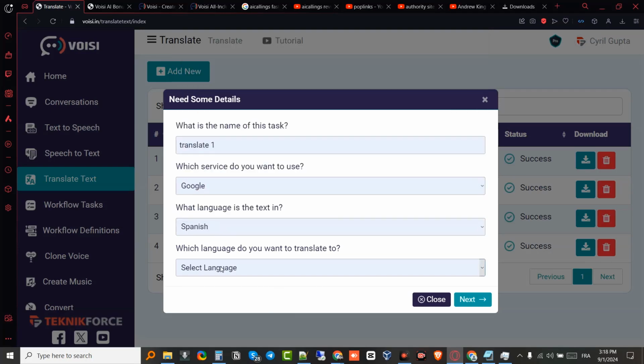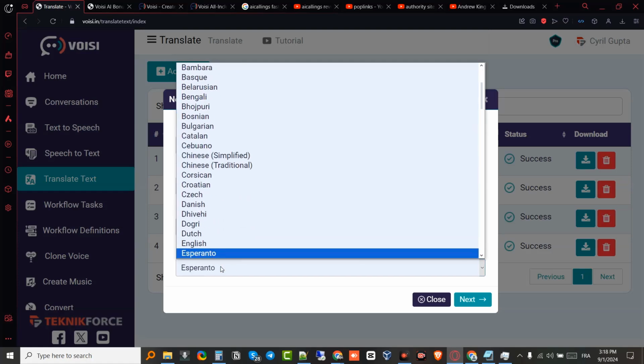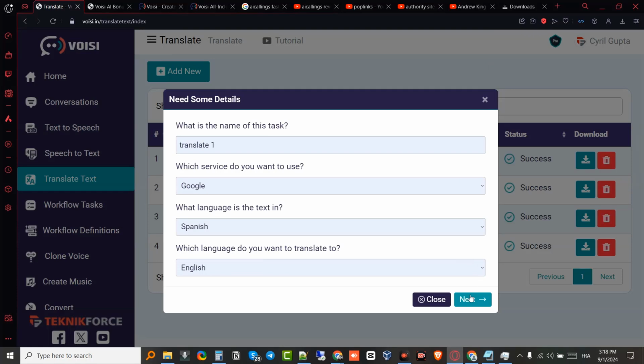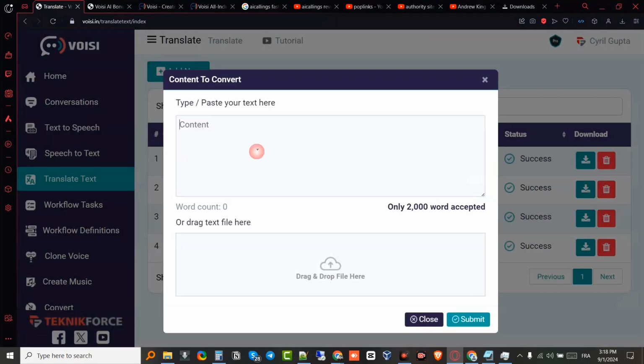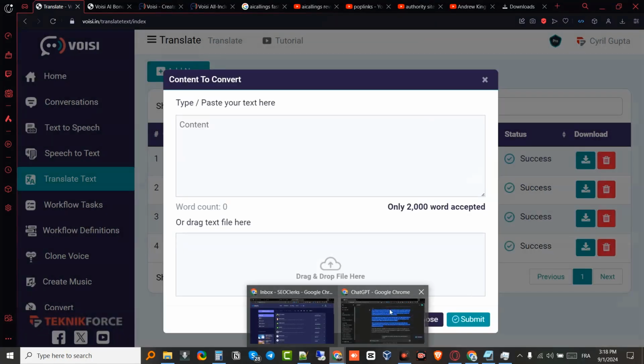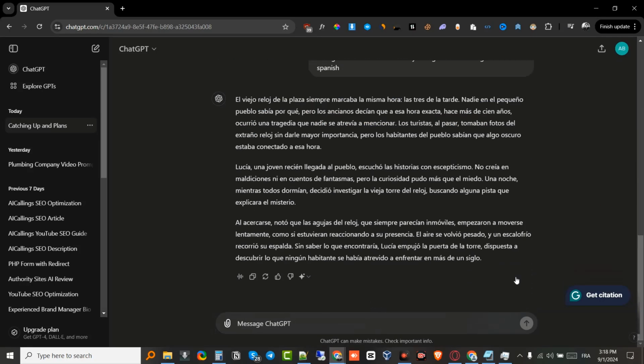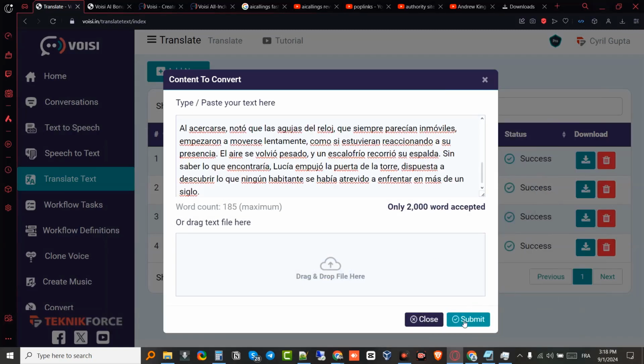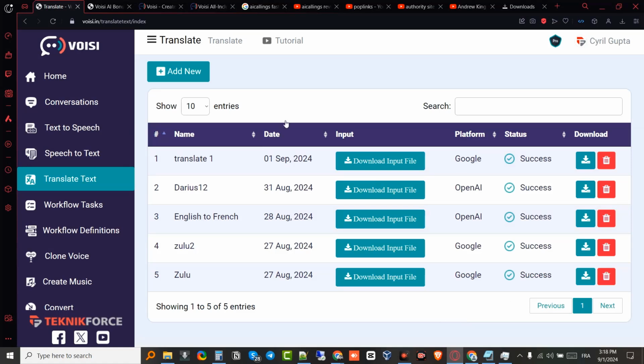Here we go. Then we are going to go with English. So Spanish to English. Then we're going to click on next, and we are pasting our content. This is from ChatGPT. I told it to generate something in Spanish for us to test. Then we are going to paste here, click on submit, and here we go.